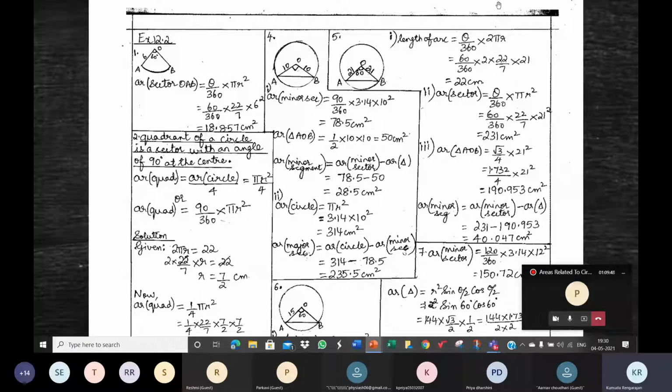This is the major sector. The sector angle is here. How much is that? 360 minus 90, so 270. 270 by 360